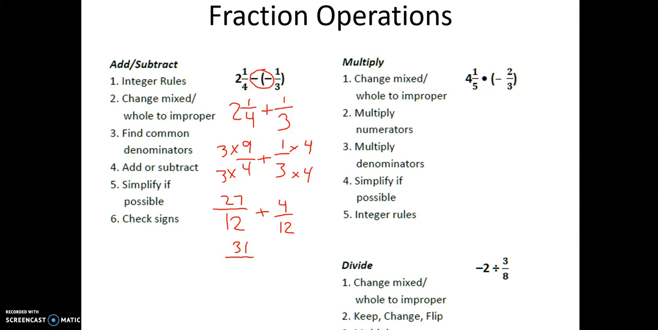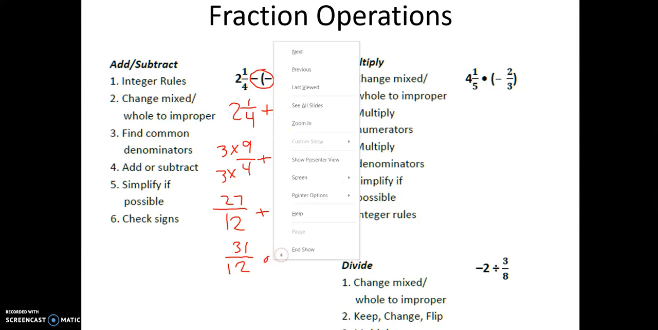over 12. And it says to simplify if possible. Okay, so there's nothing that will go into 31 that also is going to go into 12. However, we can write that as a mixed number. And then check signs, and it's going to be positive. So 31 over 12, or we can do